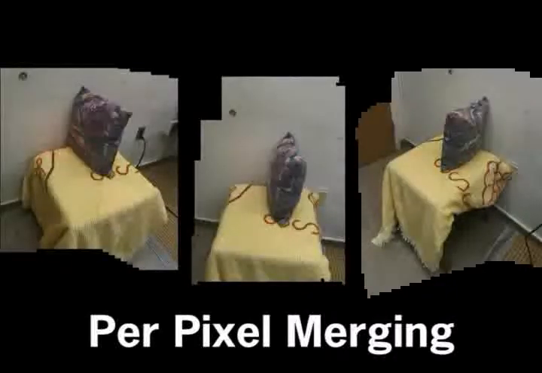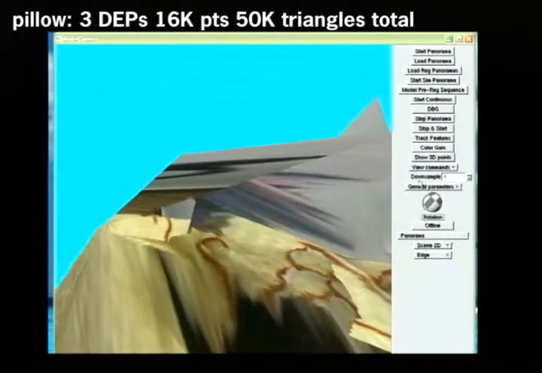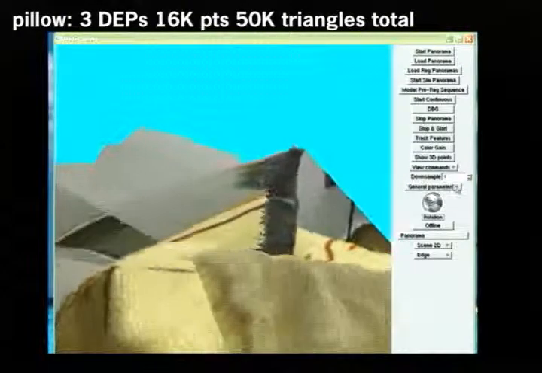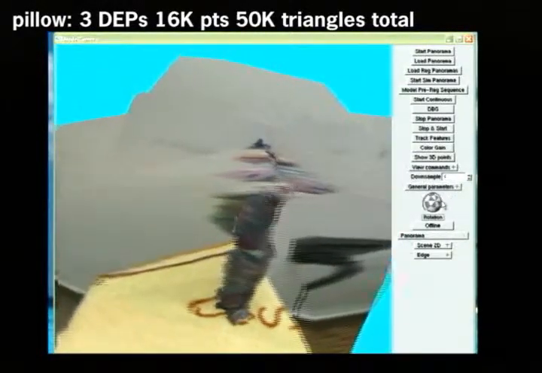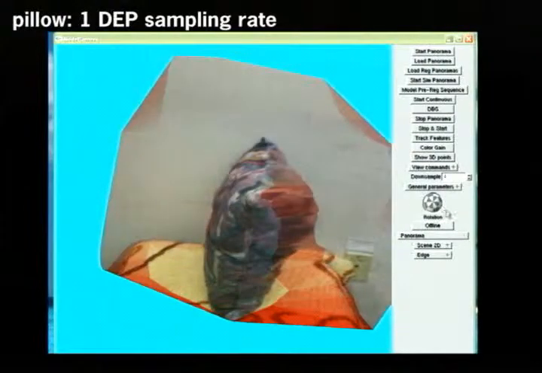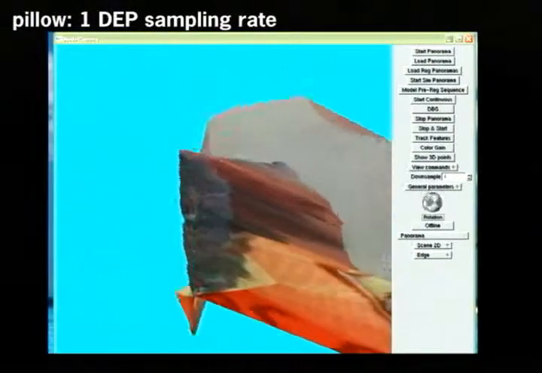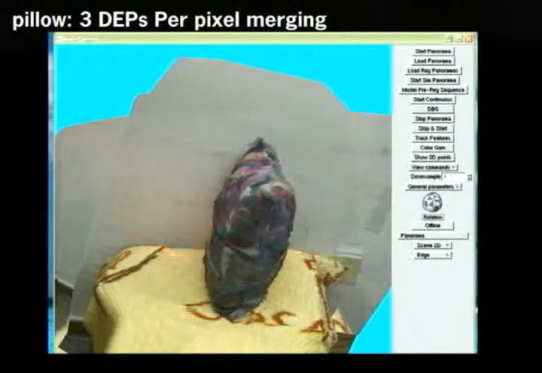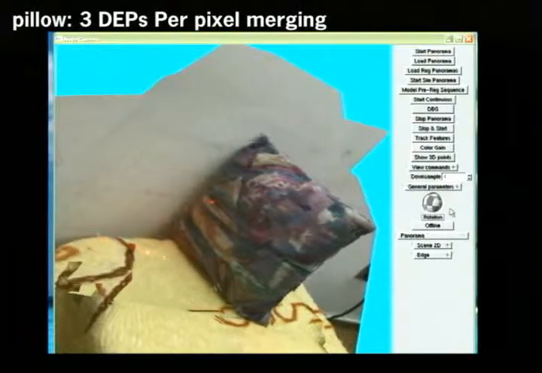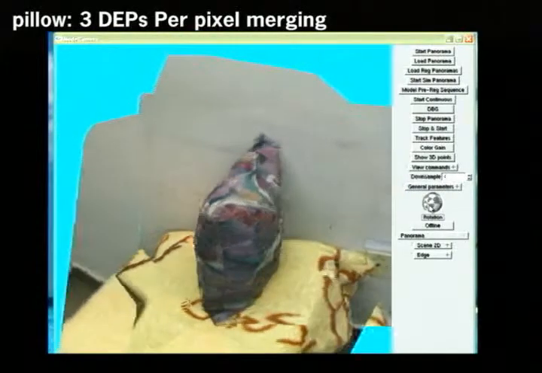A higher quality visualization of a scene is obtained if the triangle meshes of multiple depth-enhanced panoramas are combined. A naive approach of z-buffering together all the triangle meshes yields poor results, since the better samples are often occluded by worse samples. We first identify the poorly sampled regions, here shown in red. Then, we render the triangle meshes together and choose for each pixel the best available sample using a GPU-executed fragment program.